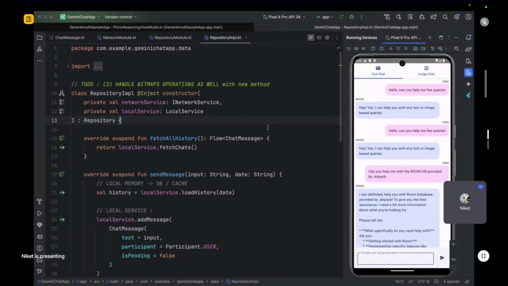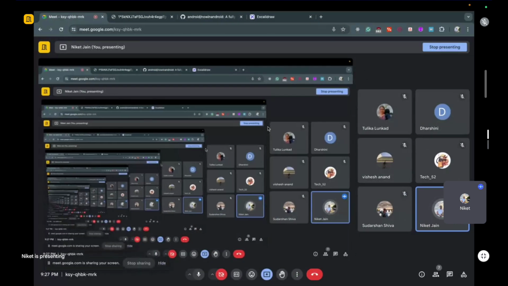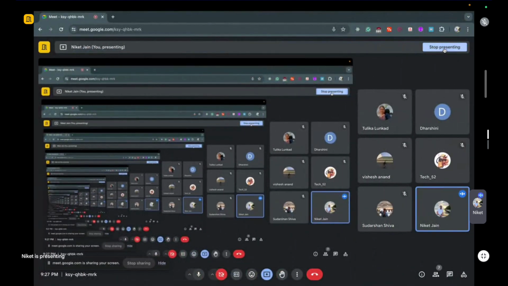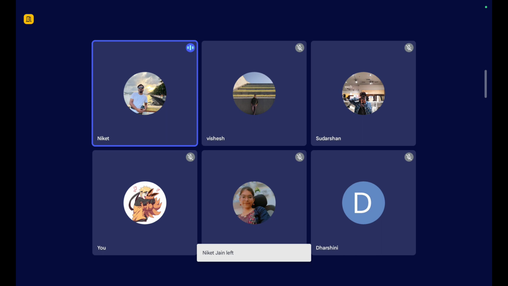So now you all have the source code and the understanding. So I hope within 1 or 2 days you will be able to understand much of the Android concepts. That's pretty much it from my end for today. Today we learned more about the repository pattern, more about the offline-first approach in Android, and in future we're gonna learn